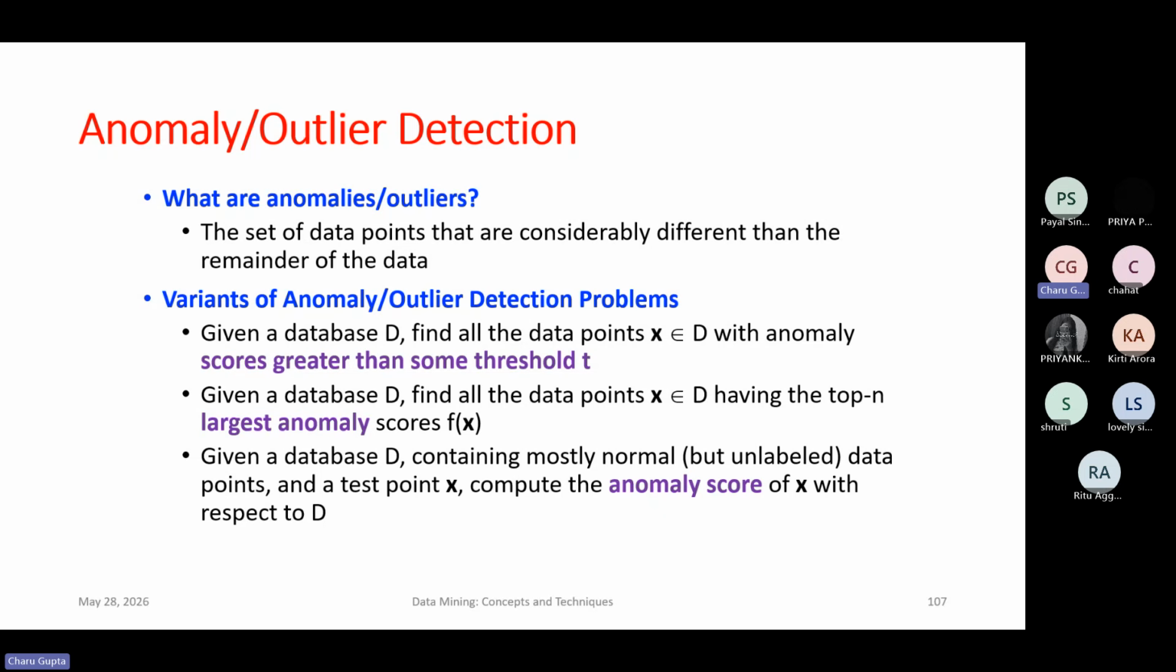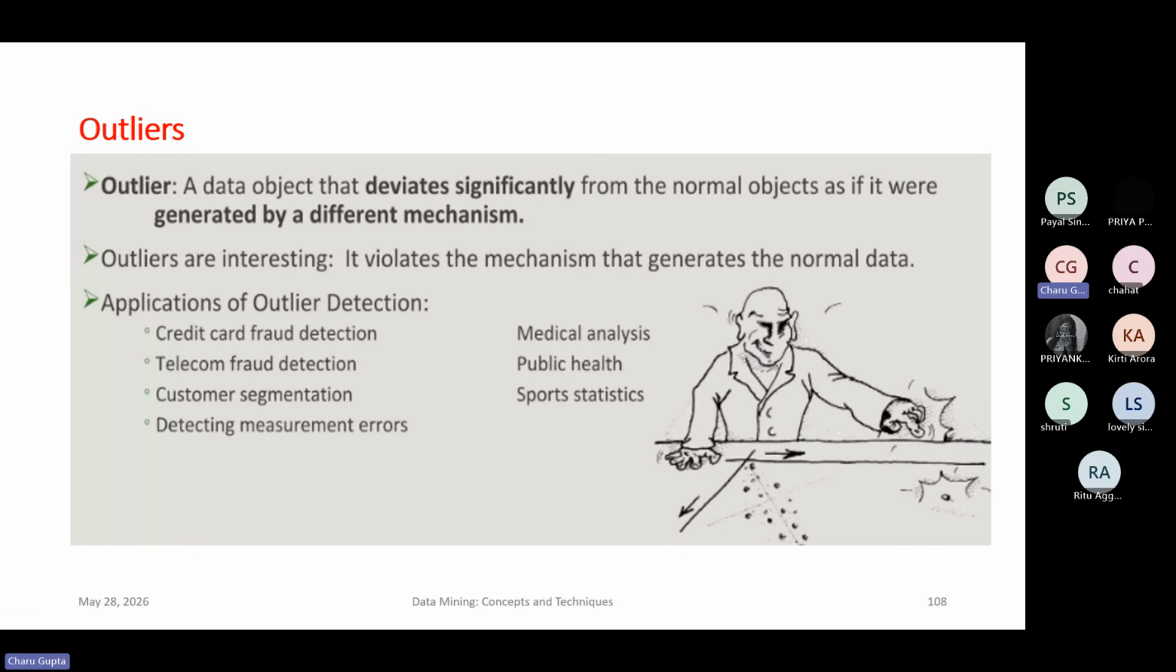ठीक है, कुछ स्कोर्स हो सकते हैं थ्रेशोल्ड से ज्यादा हो, कुछ स्कोर्स थ्रेशोल्ड से बहुत ही कम हो, so these are the different variants of anomaly. Outliers, the data objects which are different from the normal objects, are called outliers, and they are used in credit card fraud detection, customer segmentation, detecting measurement errors, anomaly detection or outlier detection. They are used in medical analysis and public health. ठीक है, इसमें हम इसको यूज करते हैं।